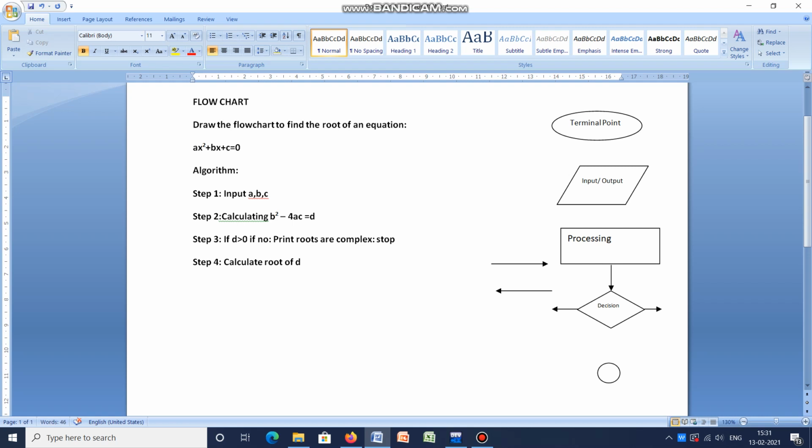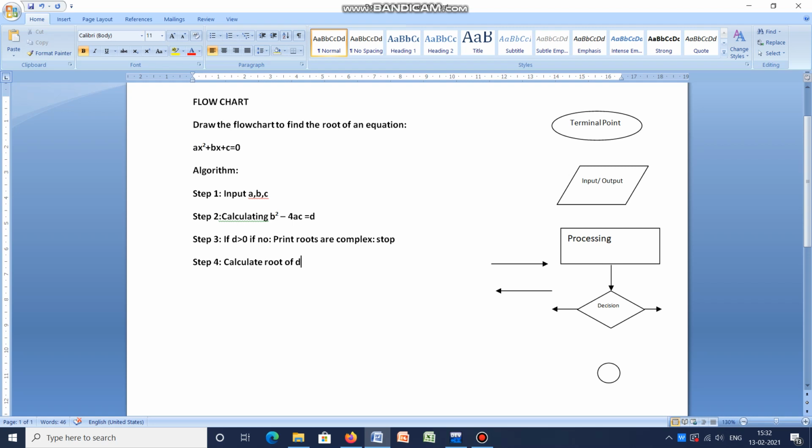And I am telling you this is not mandatory. If you have the entire thing in your mind, you can directly draw the flowchart. For the first time I am showing this flowchart, and with my wordings, accordingly I shall draw it. These are the tools I am showing here.